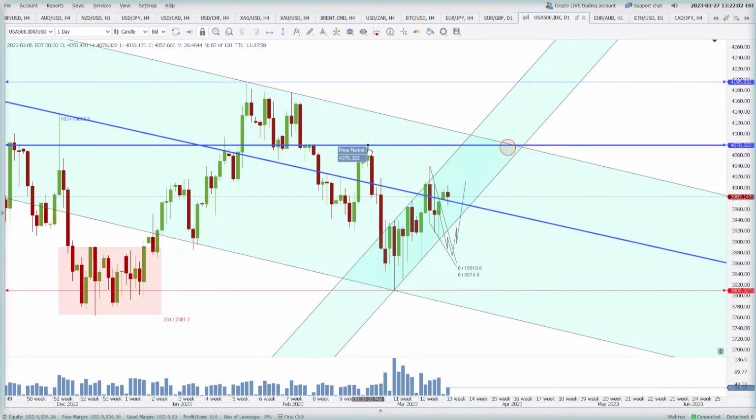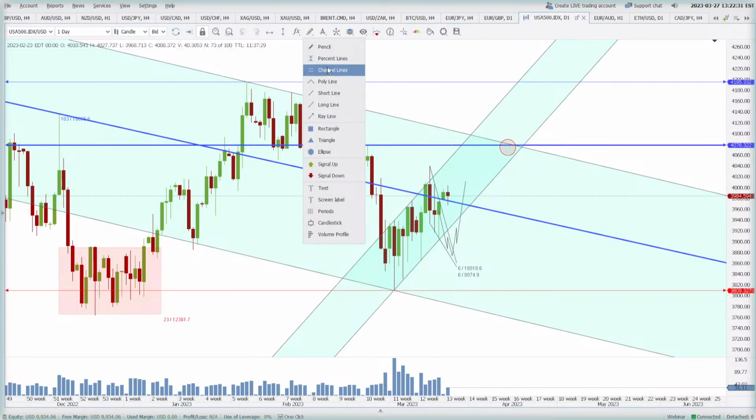So now, the swing high is at 4078, and if the price keeps going higher from here, I will expect it to go at least to 4078, where I am expecting it to act as a resistance. Also, you see that this area 4078 and this falling channel's resistance line are meeting the price at around 14th of April. That is 2 weeks later. For 2 weeks, if the price doesn't go beyond 4078, then I'll be very